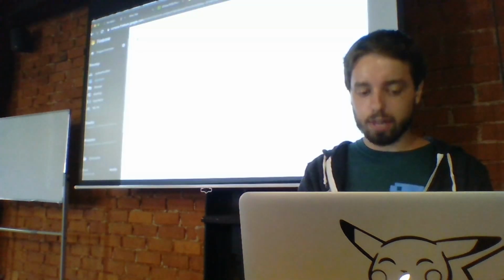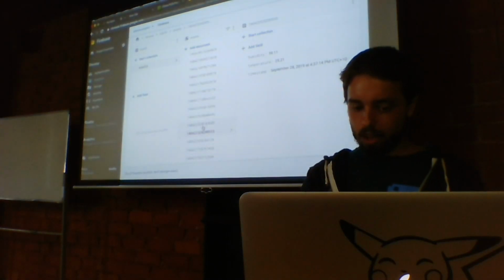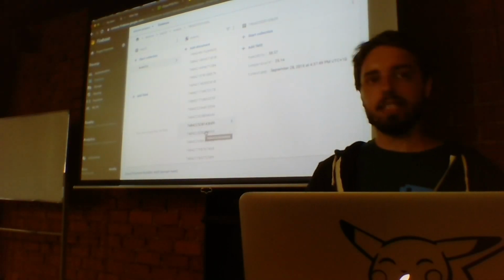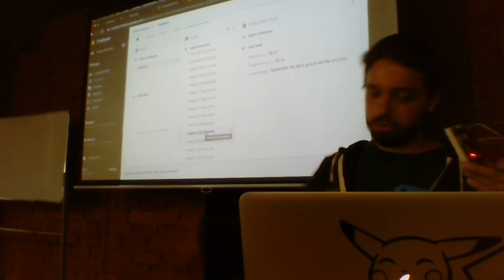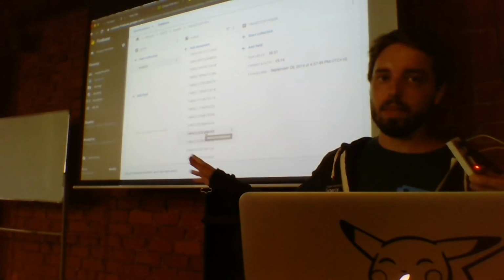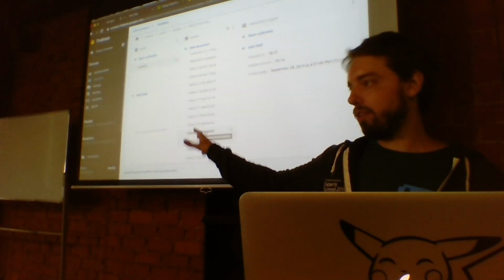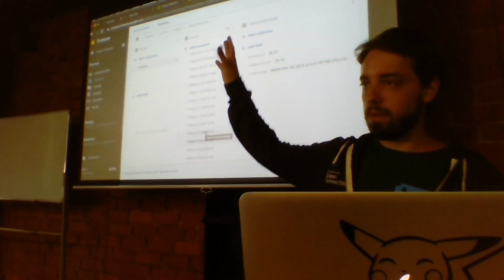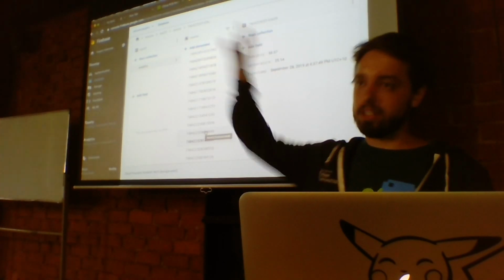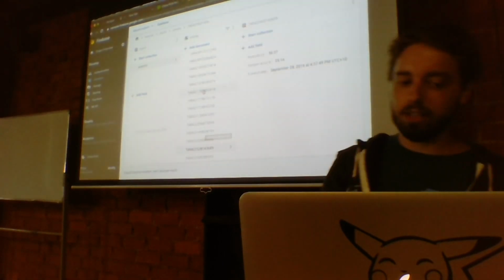So here I created a Cloud function, and you can see that my data is sent from this microcontroller to the Google Cloud Platform using MQTT, and then in the Google Cloud Platform, it's forwarded to Google Cloud PubSub. I have a Cloud function that takes the message from PubSub and persists it into Firebase Cloud Firestore.